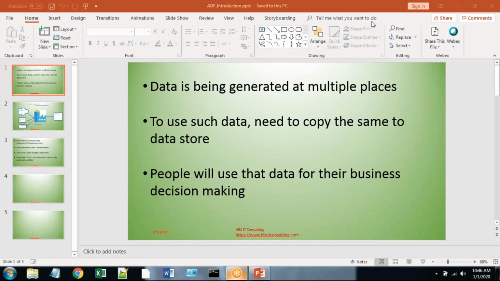Hi everyone, welcome to another session. As part of this session, I'm going to make you understand what a data factory is and how it is going to be used in the Microsoft Azure Data Platform. So let's consider the business scenarios we have in the current business